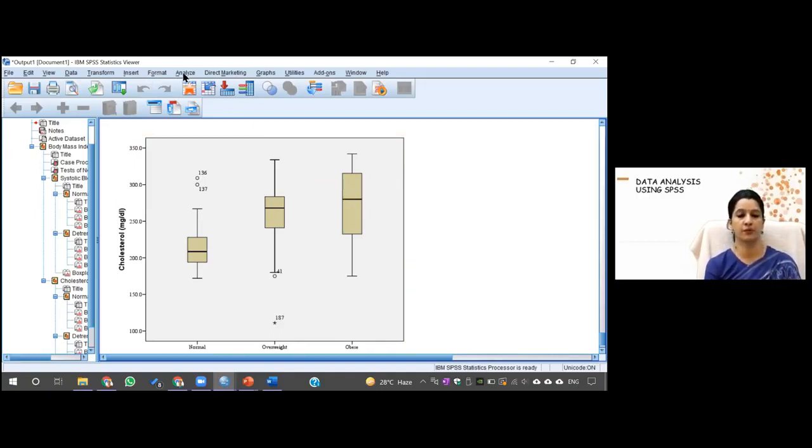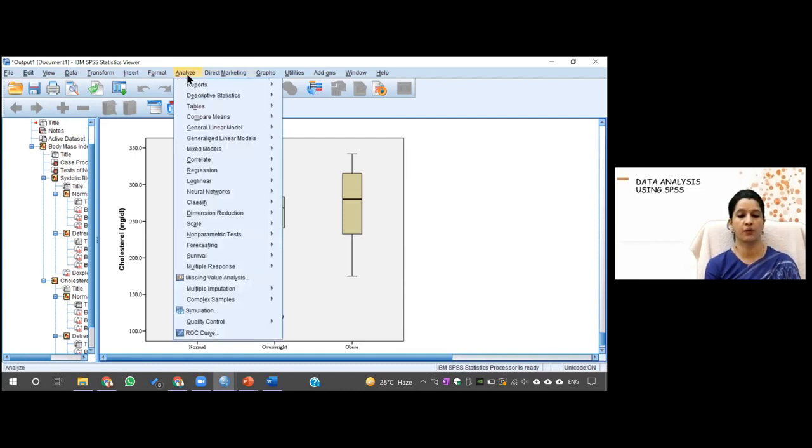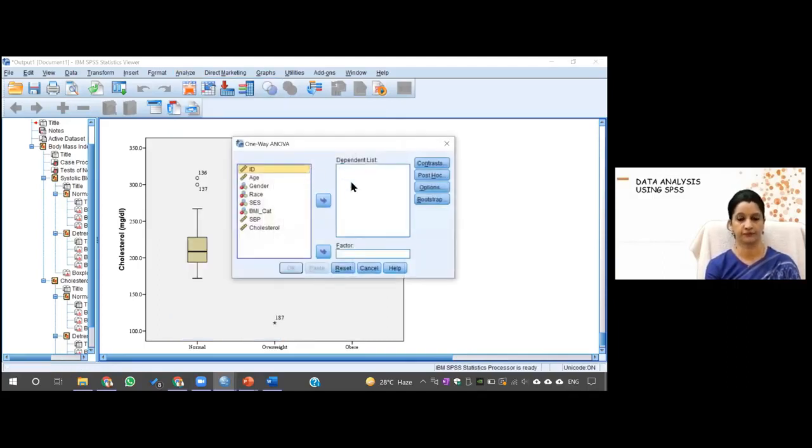So then you should go to Analyze. Now I can apply ANOVA. I'll go to Compare Means, and I have to press this one-way ANOVA. Right? We did yesterday the one sample, we did independent sample, then the one-way ANOVA. If you press this, again you will have a dependent list. So you can move these two together in the dependent list, and the factor, again BMI category. And in the BMI category, you can see here